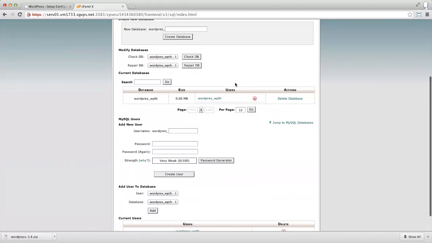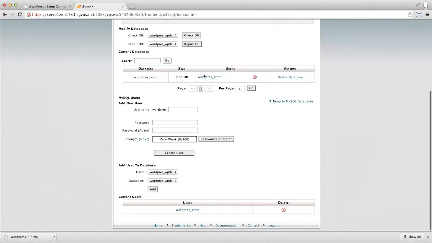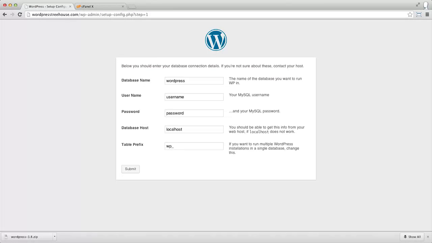Here, we could see all of the databases that we have, as well as what users are assigned to them. In our case, our database name and user is the same,